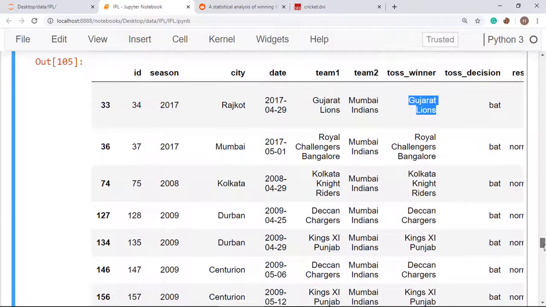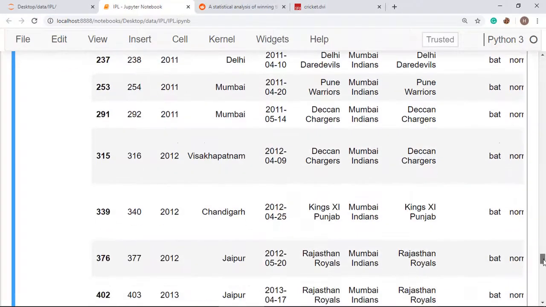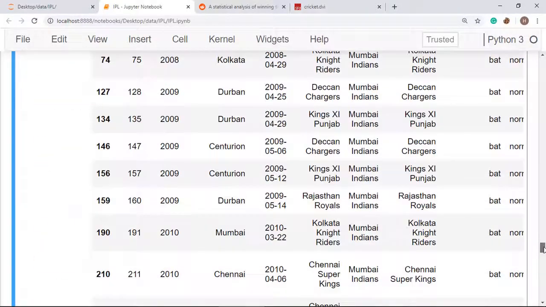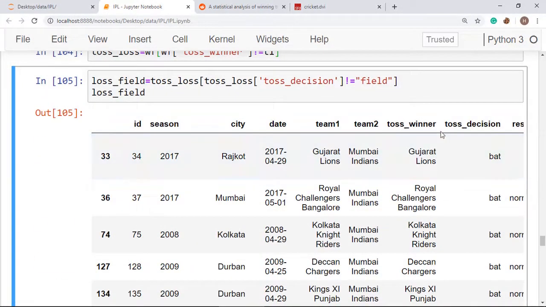You can see the team participating against Mumbai Indians has won the toss. You can see their names, and they have opted to bat as their toss decision. So we have collected all the rows where Mumbai Indians has batted second when they have lost the toss.